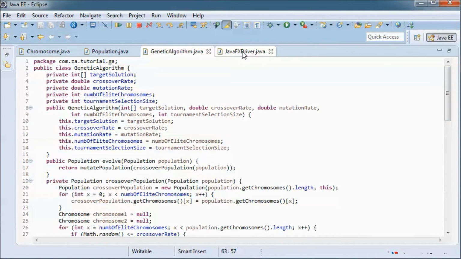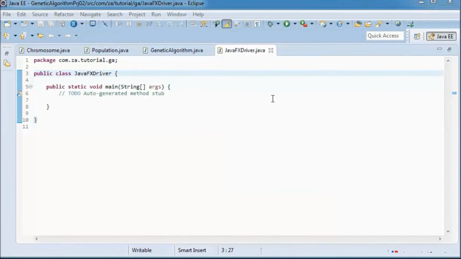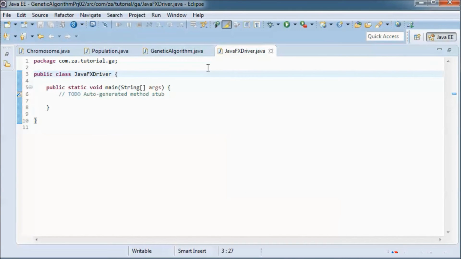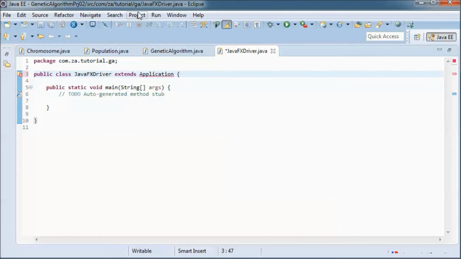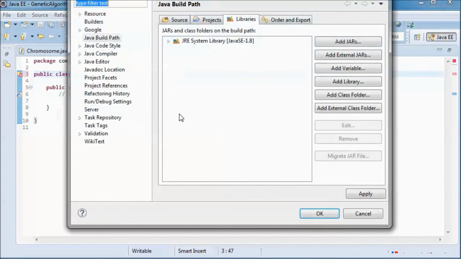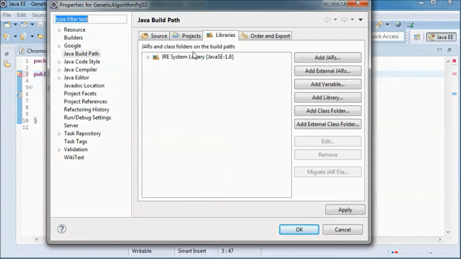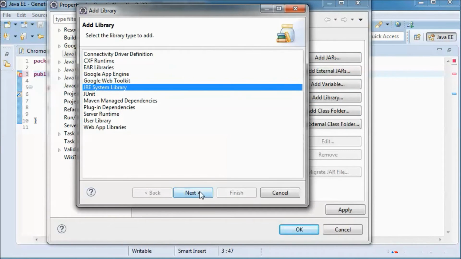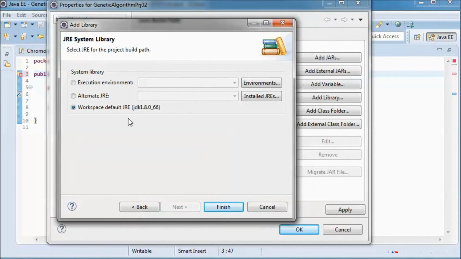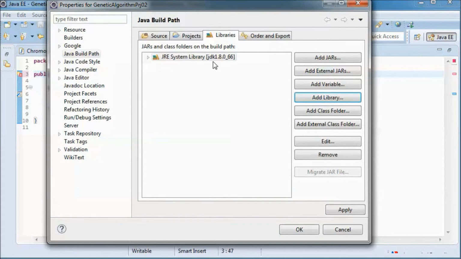Next we will do the driver class. This is a JavaFX application, so it has to extend from Application. And let me go here to project properties, and let's remove this one and add library. And yes, this is the full JDK, so let's use it.